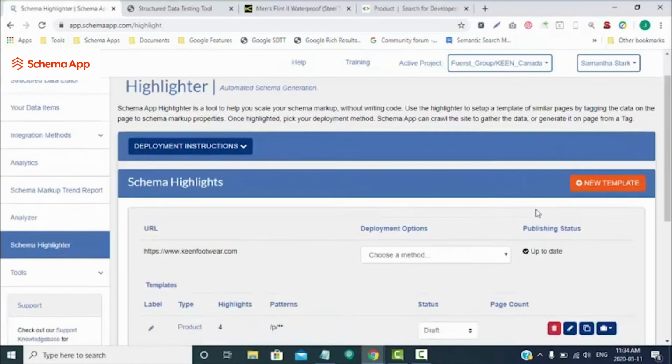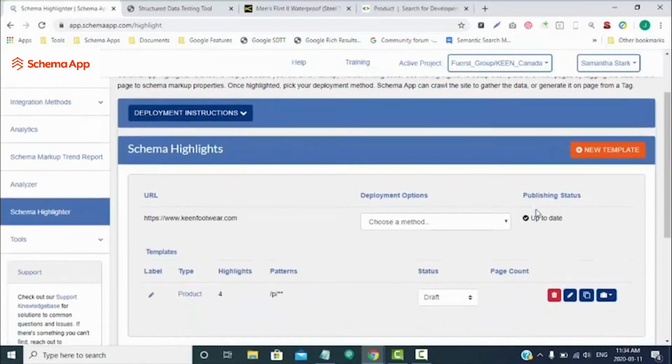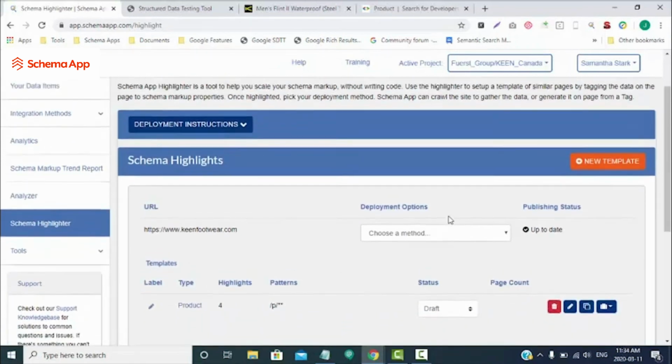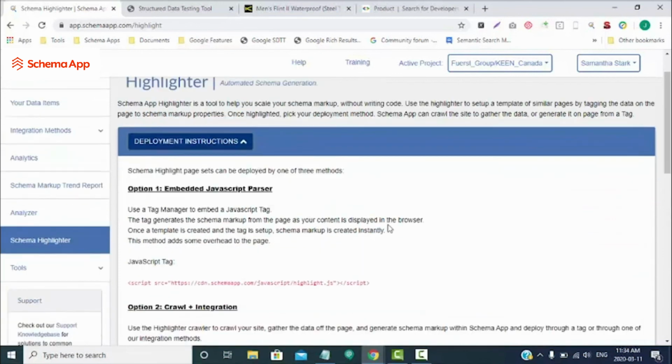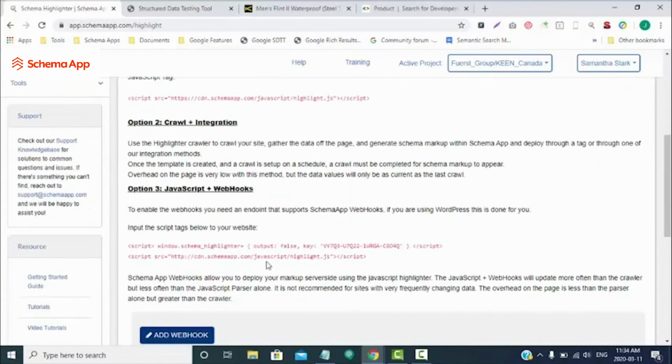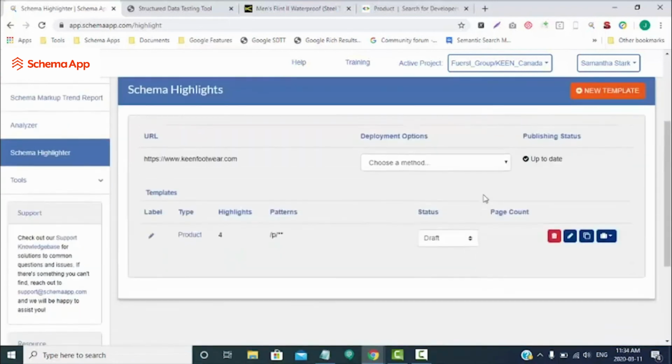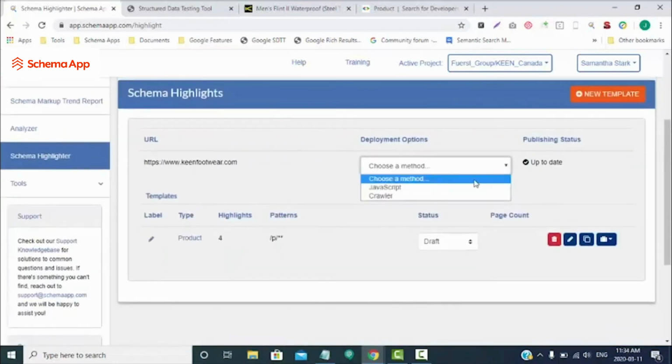Now, once you're done creating the template, you'll then want to select the deployment method. So you just select that from up here. Generally, it's either the JavaScript or the crawler. We do also have the option of the webhook, and you can find more information about getting those set up right here. So let's say that I'm using Google Tag Manager and I'm going to be using the JavaScript snippet,